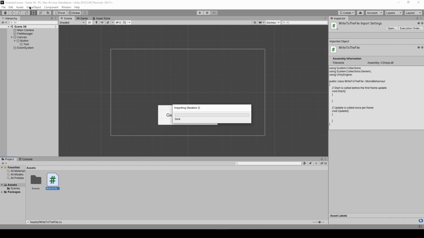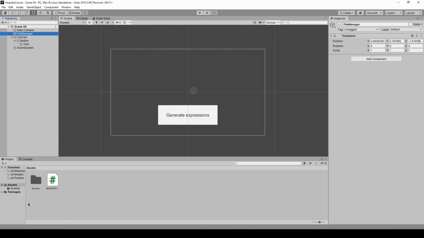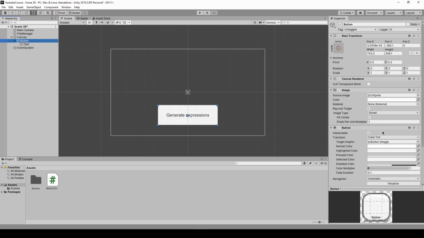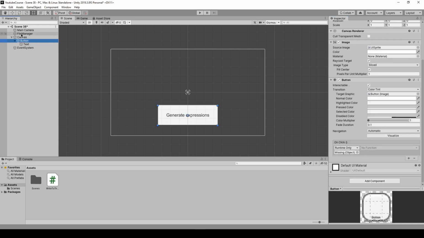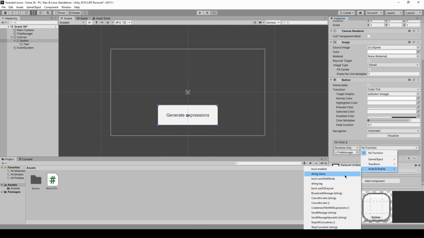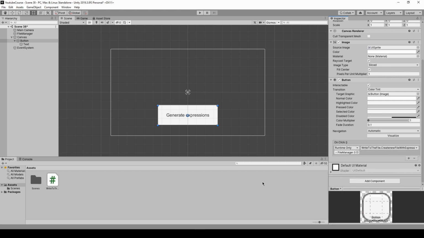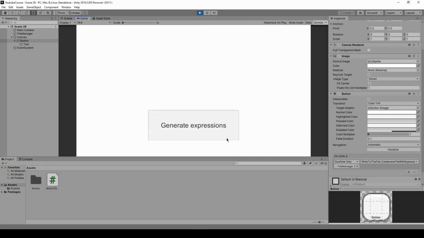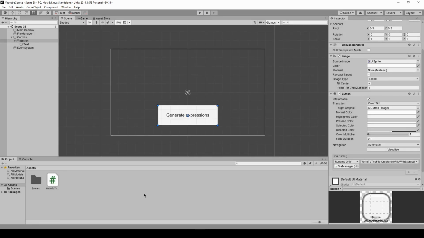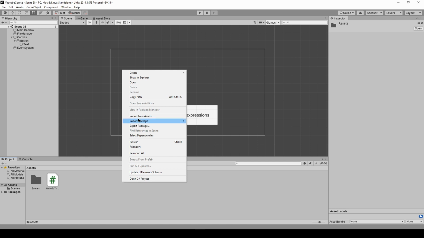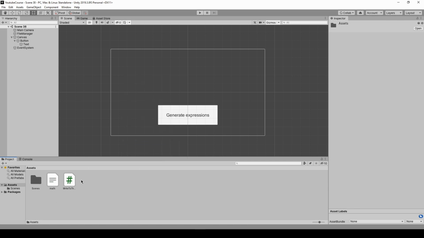Go back to Unity, click on the file manager, add our script to it, and here we need to click on the button and add file manager to it. Choose write to the file, and here should be some long name, create new file with expressions. Save it, and I think that should be working really. So press play, generate expressions, and I will just quit the play mode and wait a second. Maybe we refresh to make it quicker,